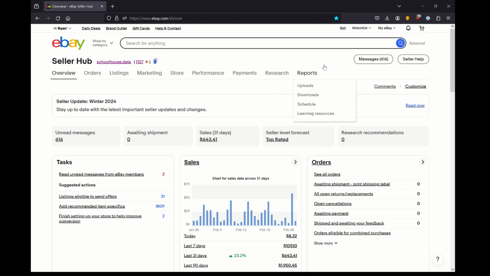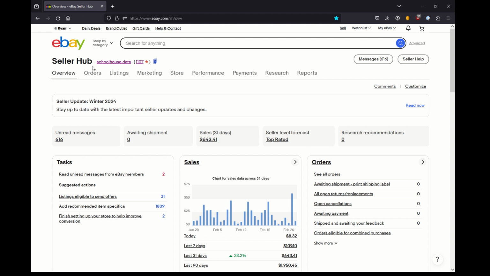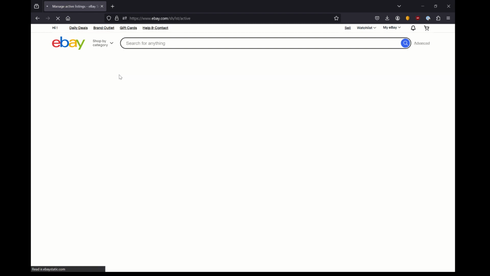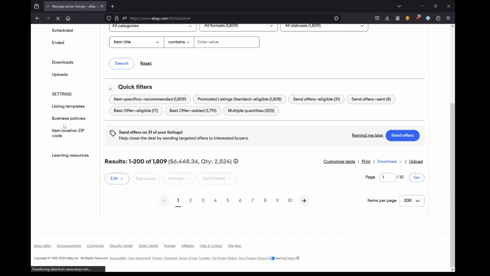To begin, start in your eBay seller hub. If you're not familiar with how to get there, of course, in my eBay, it's listed as selling. So you get here, and there are probably a few ways to get to your business policies. Namely, the way that I do it, besides having a bookmark for them if I really wanted, is I would go to my listings tab within the seller hub, and then down here on the lower left, is this section